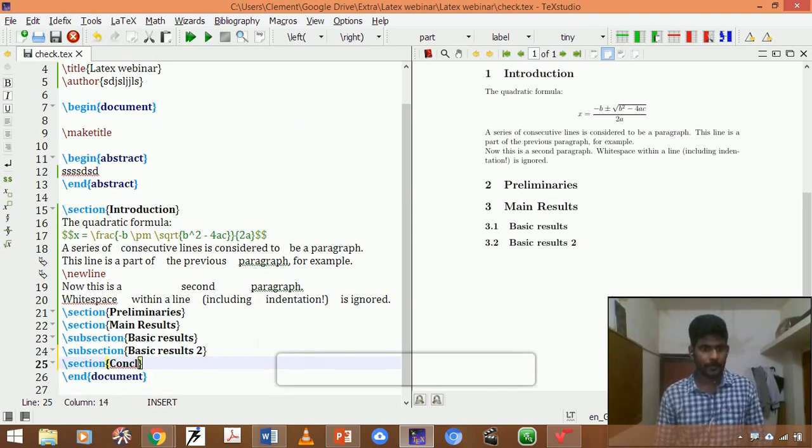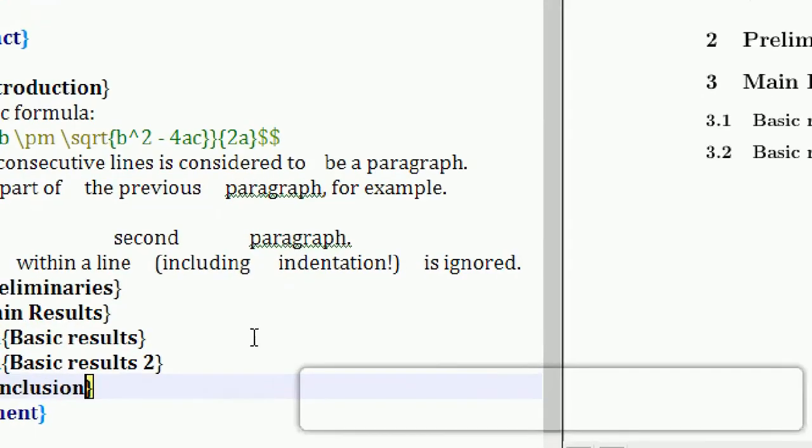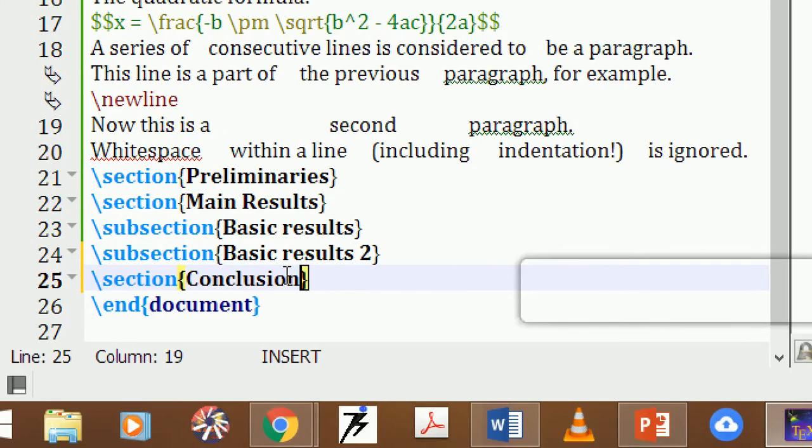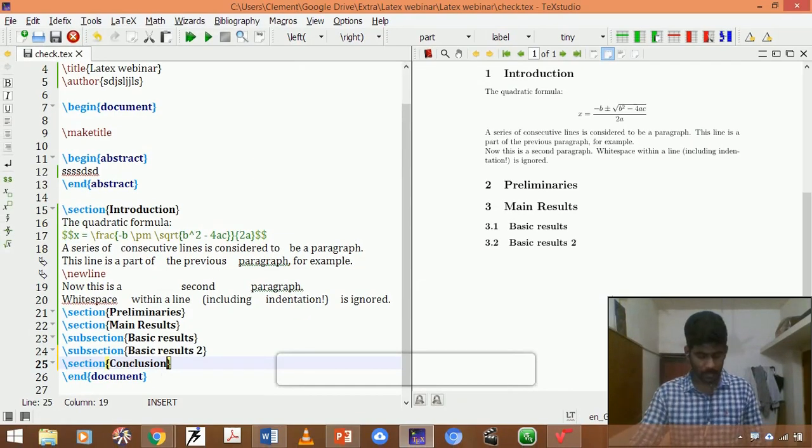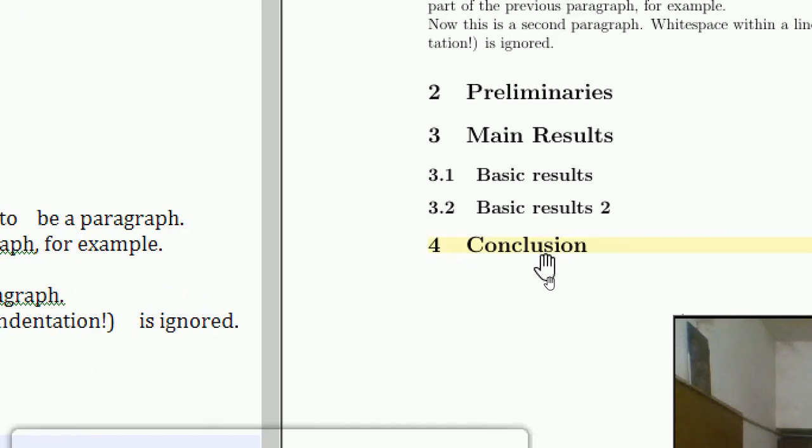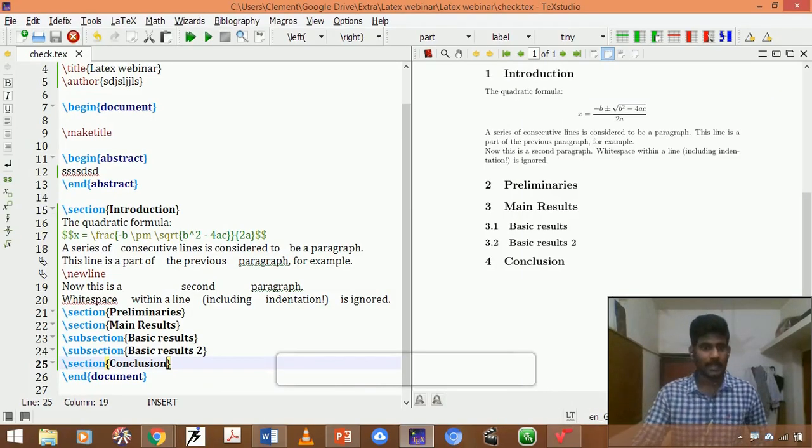I have given the name Conclusion, and see, it was generated with the Conclusion section.